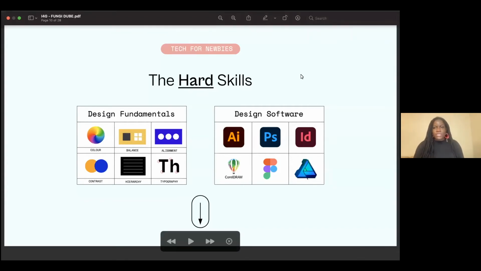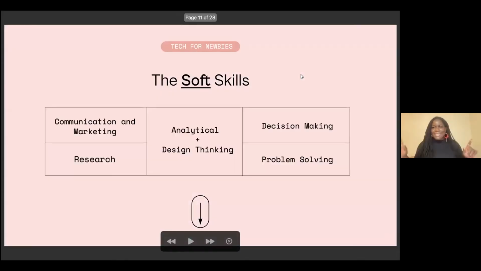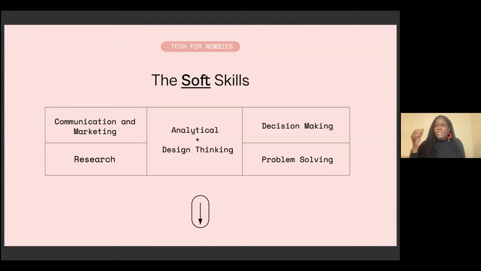The soft skills. This is where it gets interesting, because going into brand design is not just about how technically good you are behind your screen. You can create the most amazing logo, you can have the most amazing presentation, but we are talking about getting into this and making a career out of it so that we're actually able to earn from our creative prowess. So it means that we have to develop other skills that allow us to do this as well.